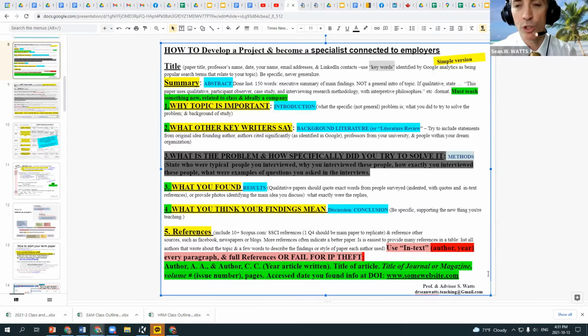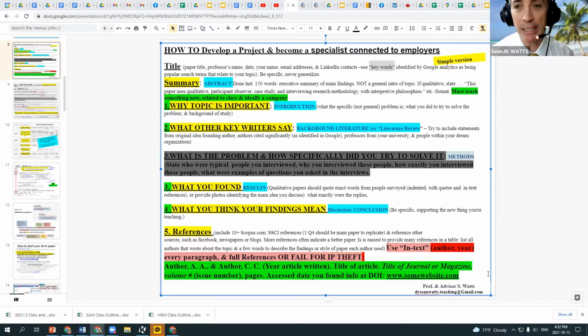Next, how would you go beyond just one short statement? By giving a summary of what you have found so far, and that's the abstract. Usually it's very short, less than 150 words. It's an executive summary of what you've found. Don't make the mistake of saying, I'm going to talk about this, I'm going to show you research, I'm going to ask questions, blah, blah, blah. That's not an abstract. That's not a summary. A summary is, what did you find?